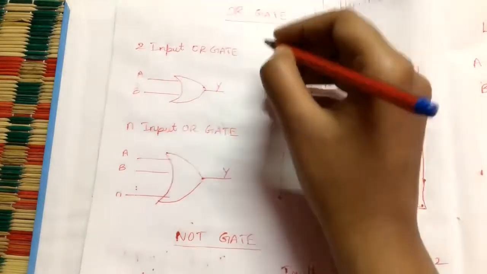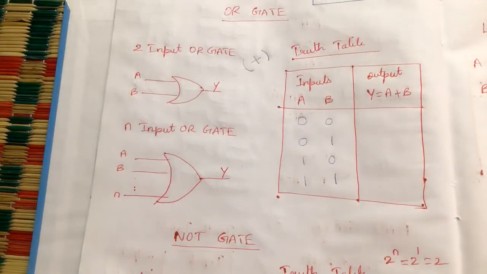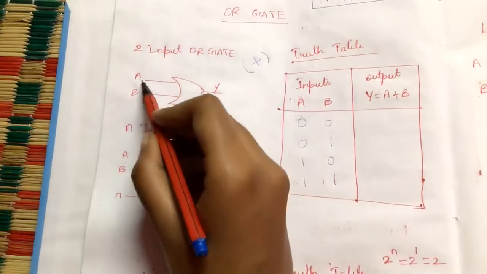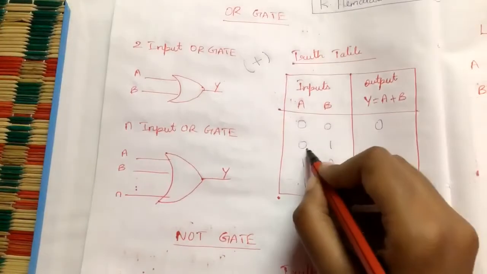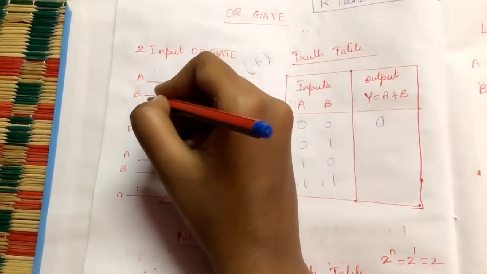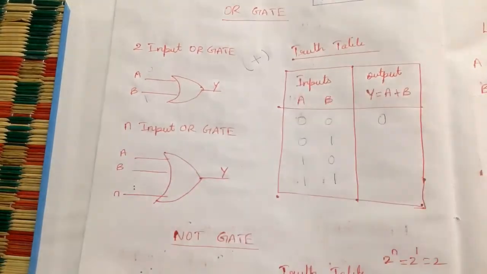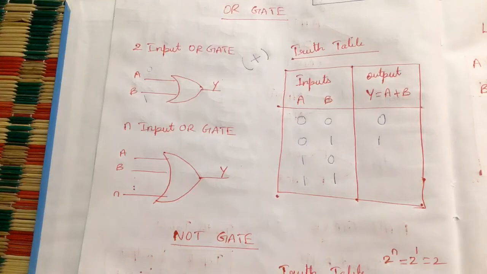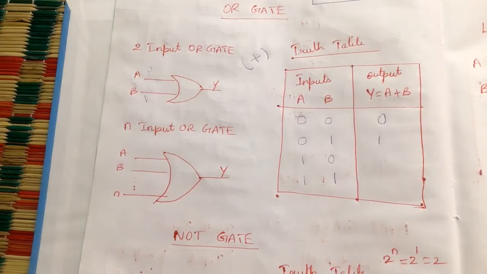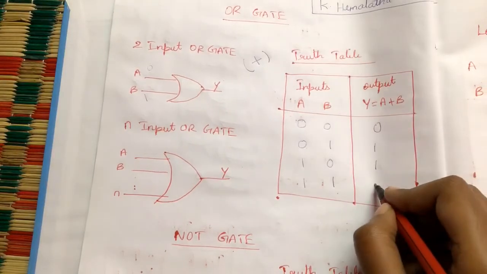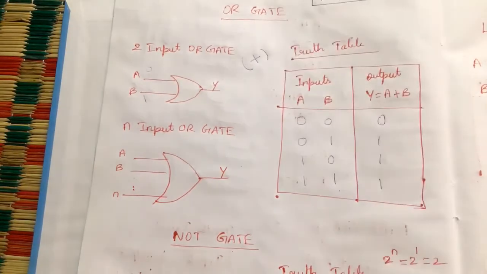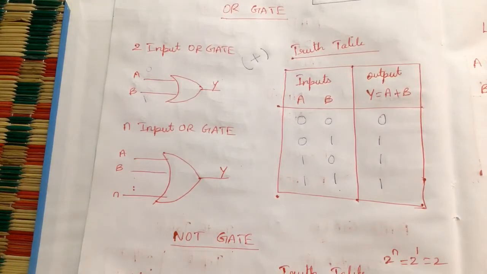The OR operator is represented with the plus symbol. So remember this: OR means plus sign. So for A plus B, we get the output. 0 plus 0 gives an output of 0. For 0 plus 1, the A value is 0 and the B value is 1, so if you do the plus operation, we get 1. Next we do 1 plus 0, and again we get the output as 1. Again 1 plus 1, we also get the output as 1. So this is the truth table of the OR gate.